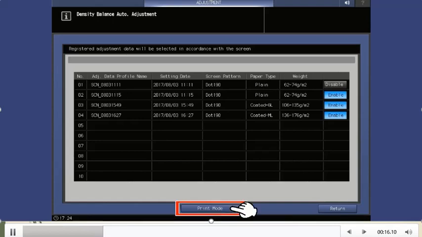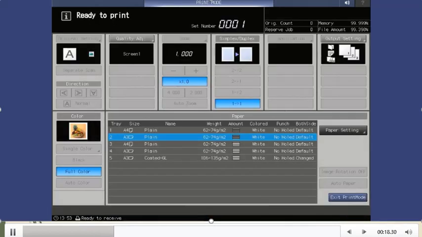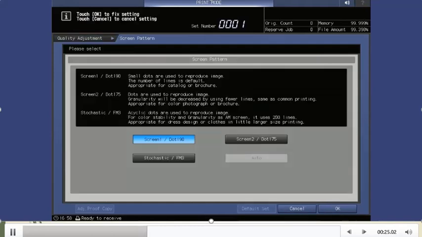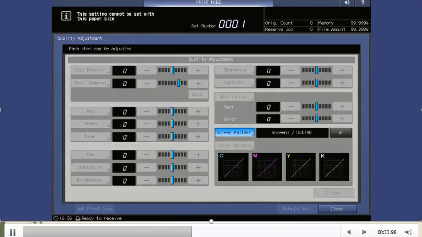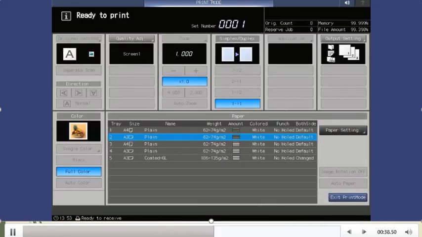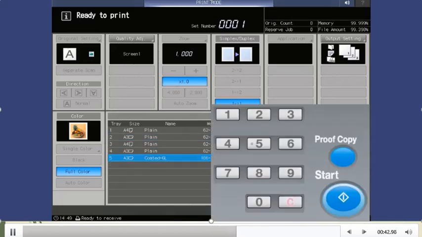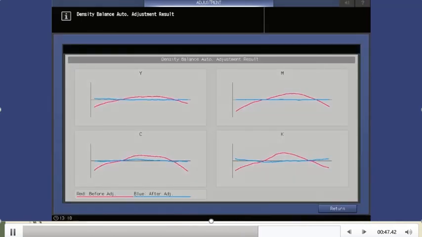Click on print mode, select any tray. Here this is for a screen. If you want to change the screen, you can change it, otherwise it is not required. Then select the tray and press start.